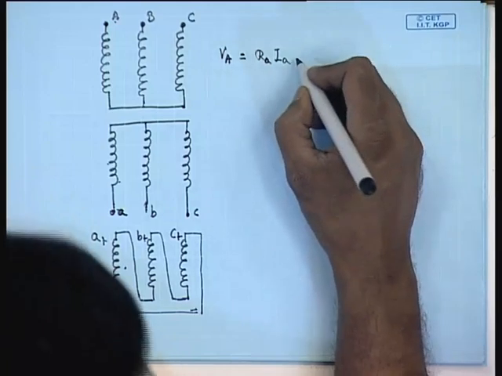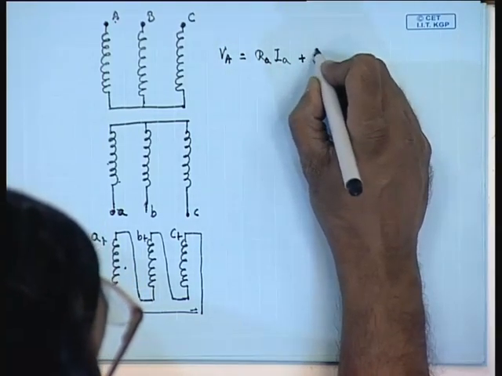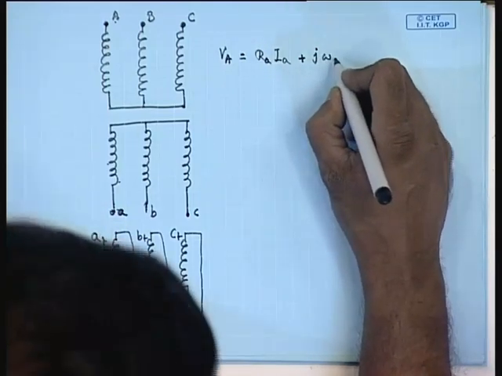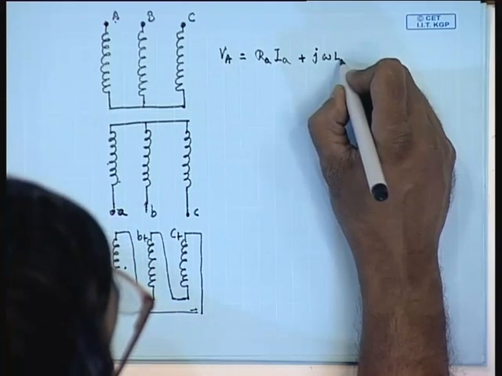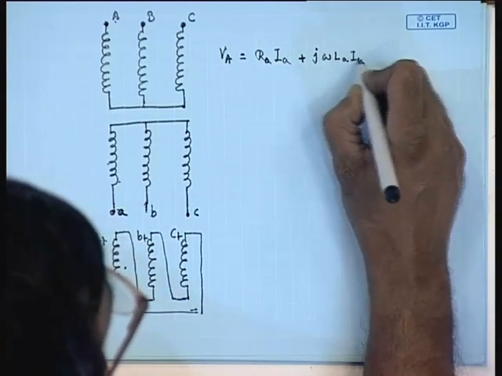Then V A can be written as V A equal to R A I A plus j omega L A I A